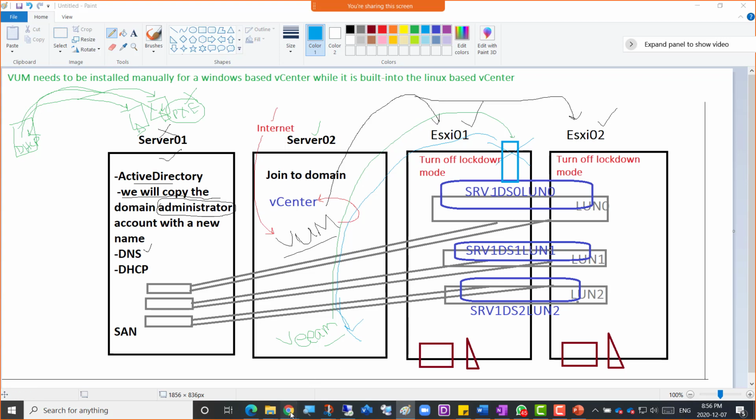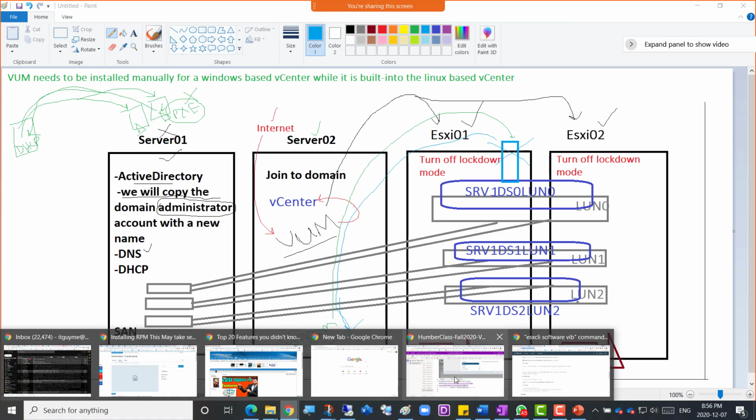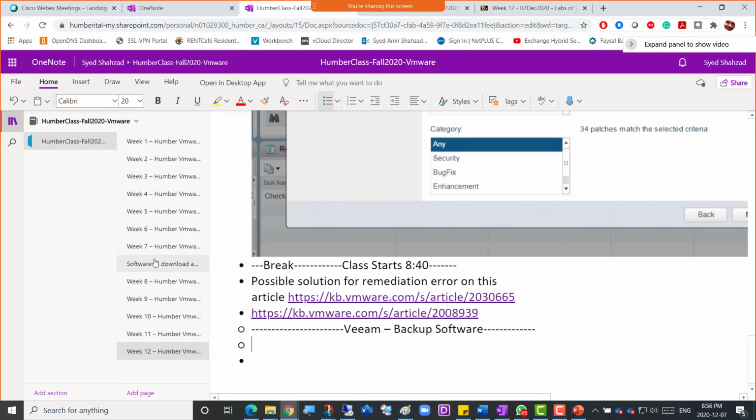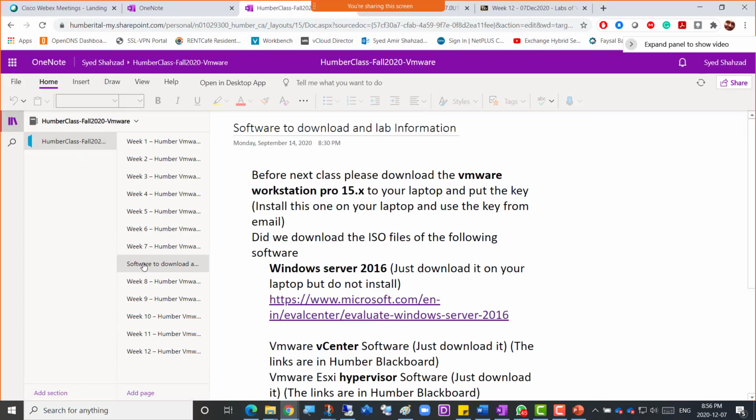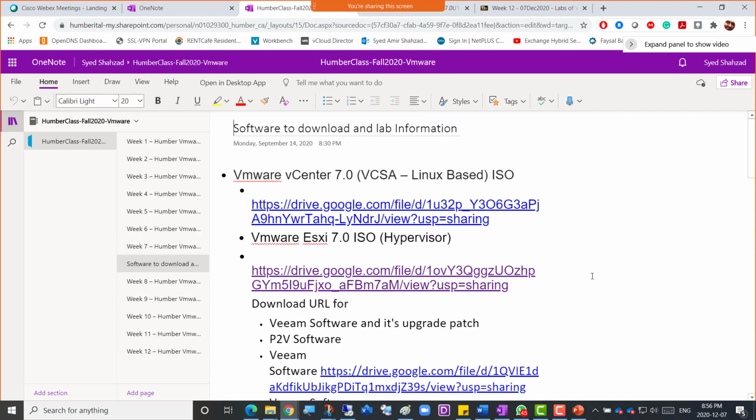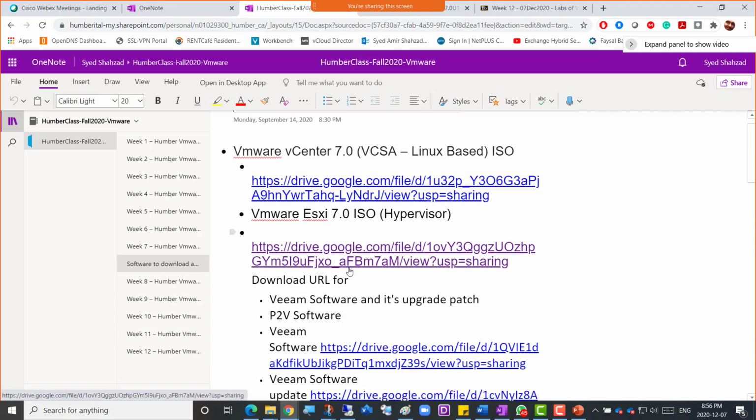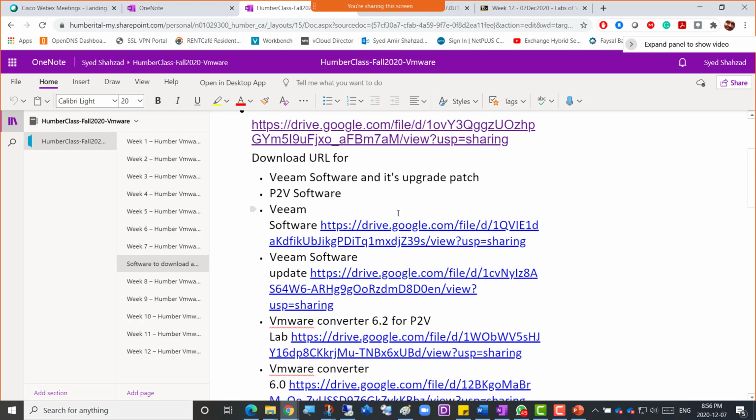For that Veeam software, obviously there are some installation prerequisites, and there is the software download that I was thinking would take that much time for the VUM, but since we're on this other topic, we might as well go ahead and download that software.